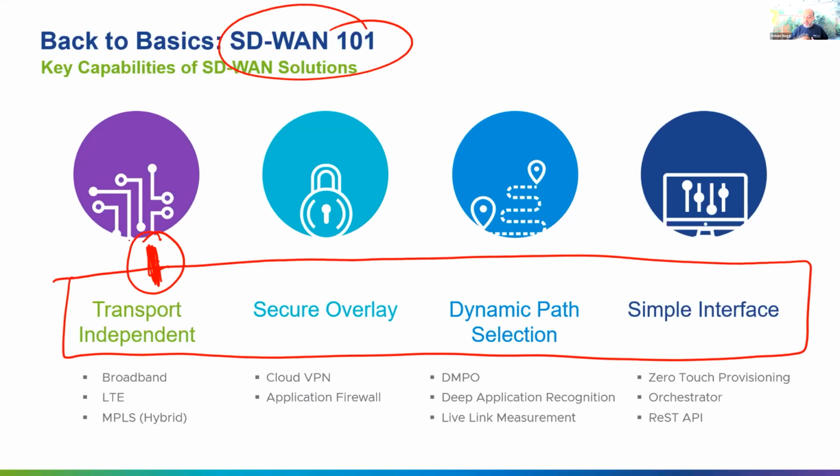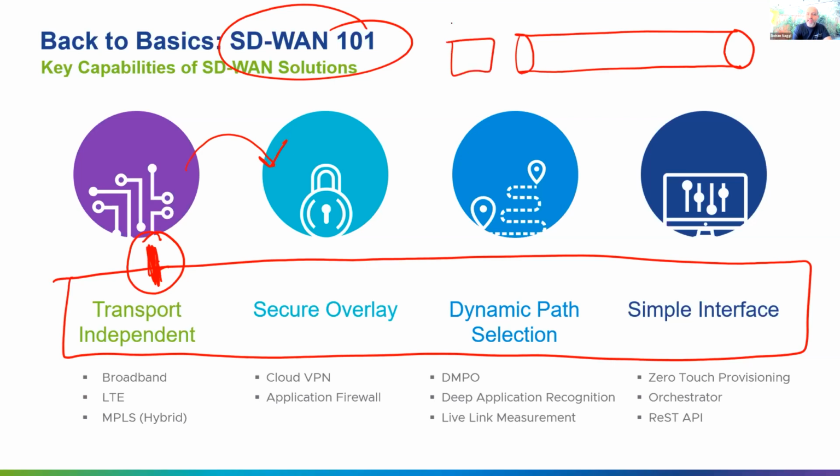Now, the second thing is, now that I'm sending my enterprise traffic over the public internet, is that secure? Who's going to provide me with that security? That's where secure overlay comes in. What it means is an SD-WAN overlay tunnel gets created end-to-end between 2 SD-WAN edge devices. So if this is the branch side, this is the data center side. All your application traffic can go over this SD-WAN overlay tunnel. Any traffic which goes inside this is protected and optimized. Both things are happening at the same time, optimized and protected by the SD-WAN overlay tunnel.